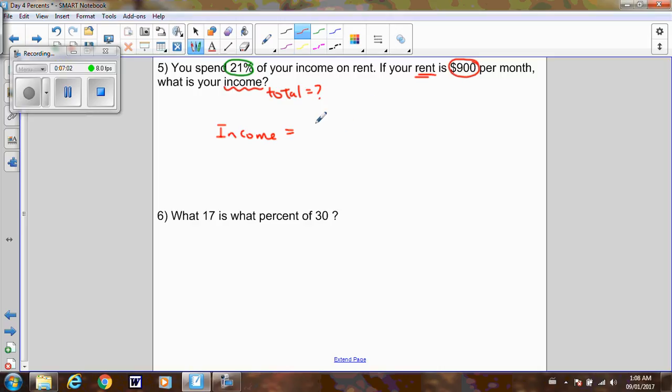So it will be $900 for the rent divided by 21%. Convert that into a decimal, remember, so that will be 0.21, and you're going to get the answer here,